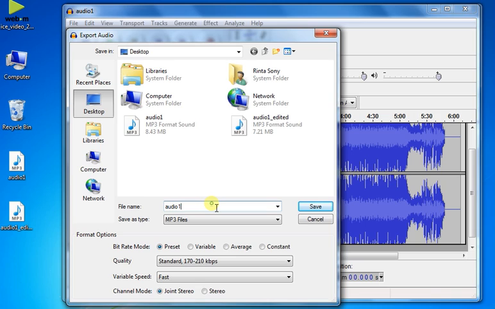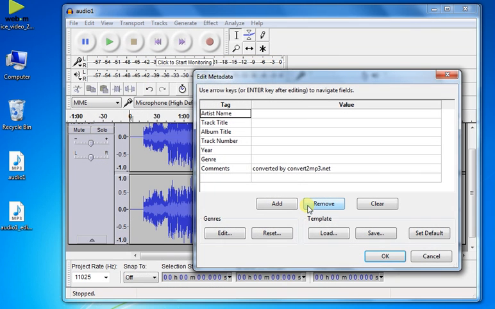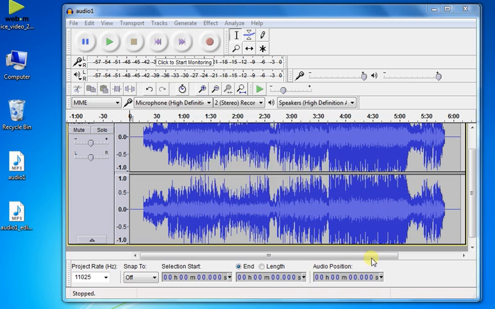Again, you can save this particular audio with another name, and you can give a destination wherein you want to save. Again, you can save it in WAV format or MP3 files, or simply keep it as MP3 files and click on save. Again, you need not edit anything in this edit metadata. You can simply give it as an OK.